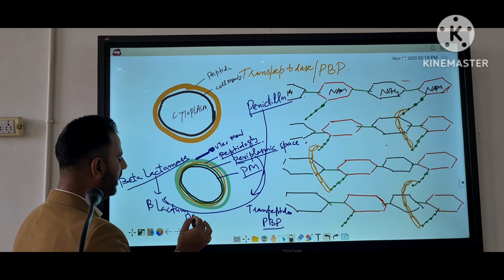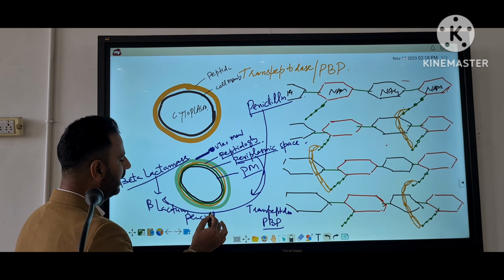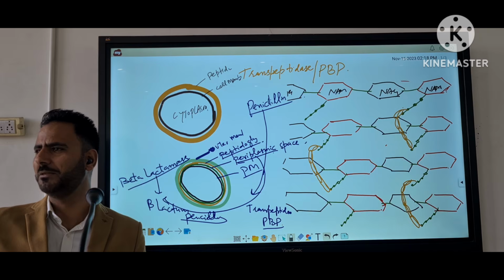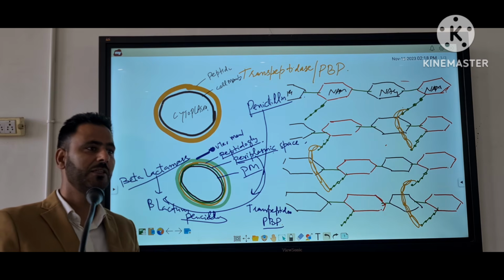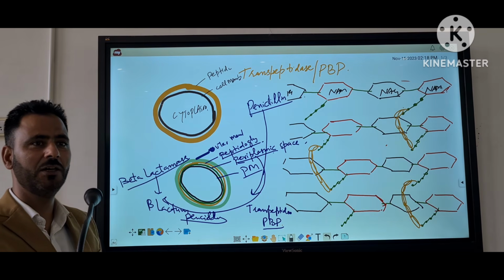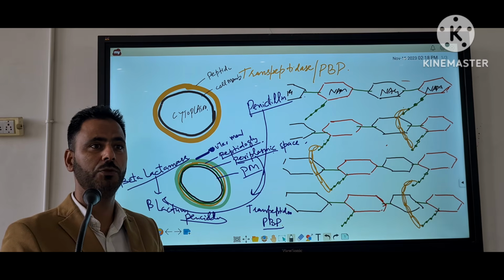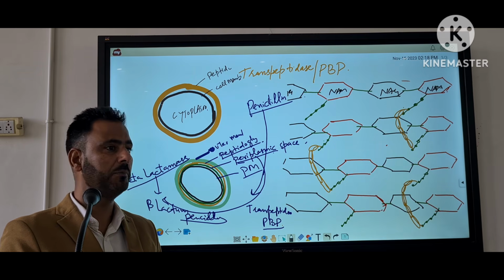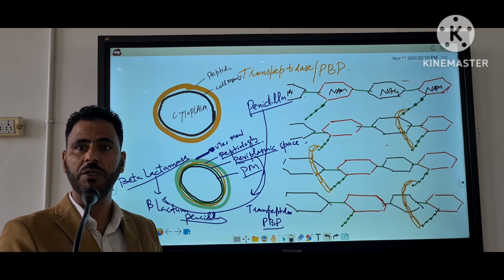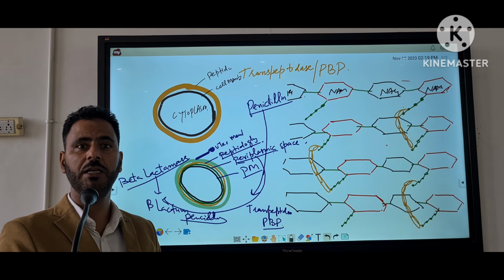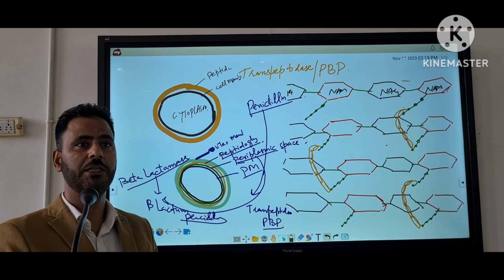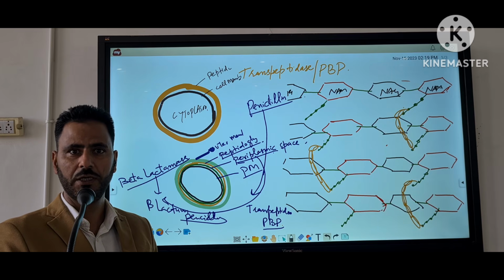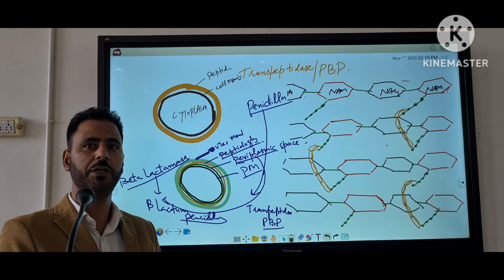है ना? ये किस पे अटैक करेगा? पेनिसिलिन के beta-lactam ring पे, and it will deactivate the penicillin. So we can say gram-negative bacteria can be resistant to penicillins because of the presence of the beta-lactamase enzyme, which can directly act on the beta-lactam ring of the penicillin and deactivate it. So then we have a new class of antibiotics,